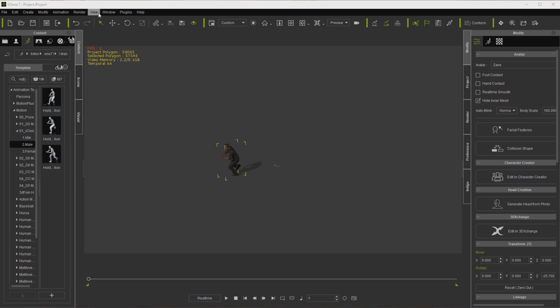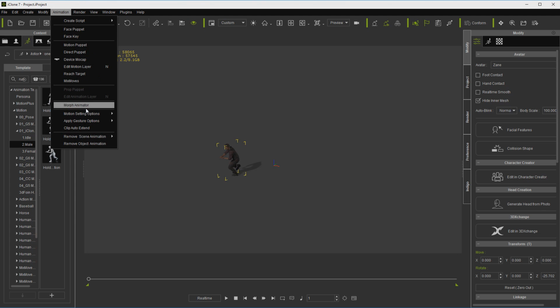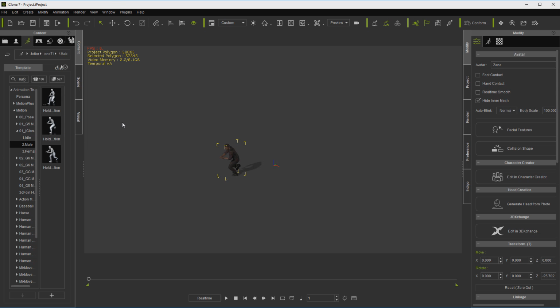So for simple motion stacking, what we need to do is just make sure what you have checked here. You want to check everything except Align to Actor Orientation. Now you can add as many clips as you want, and it will continue to run forward.